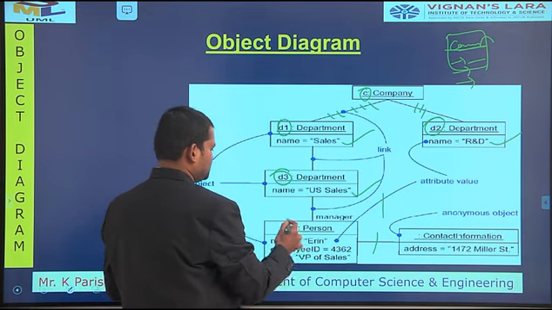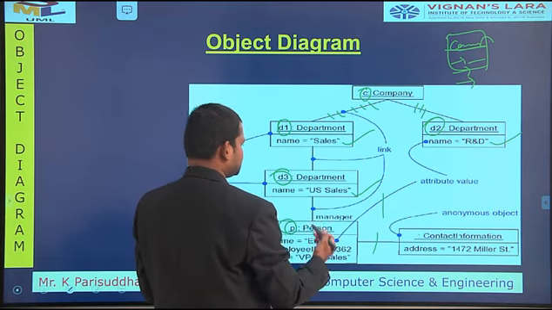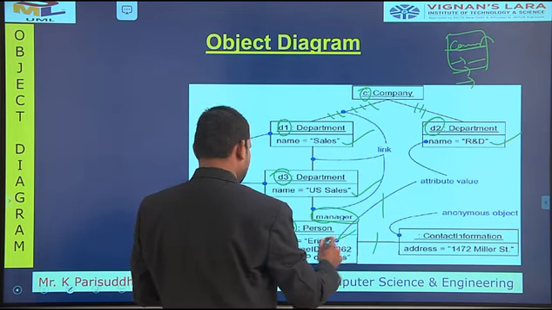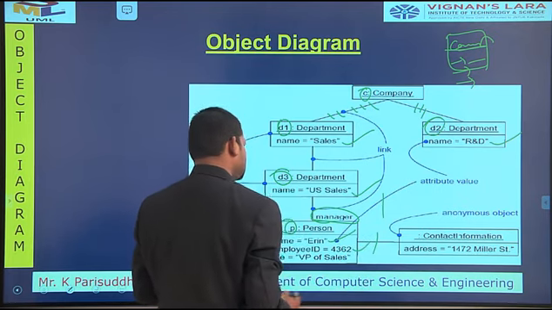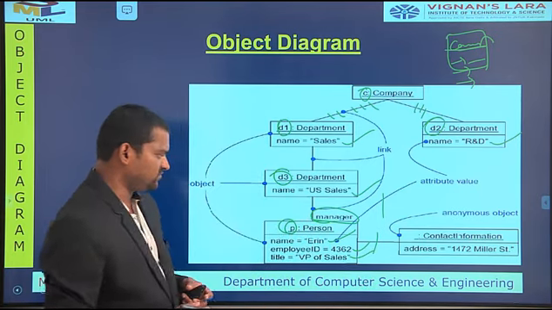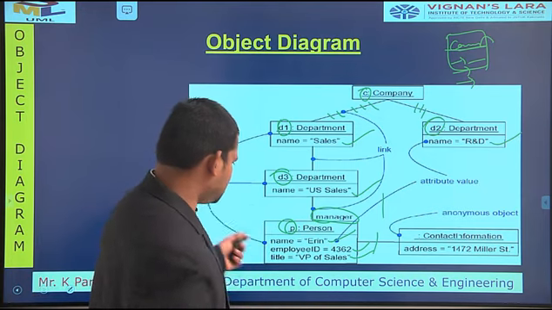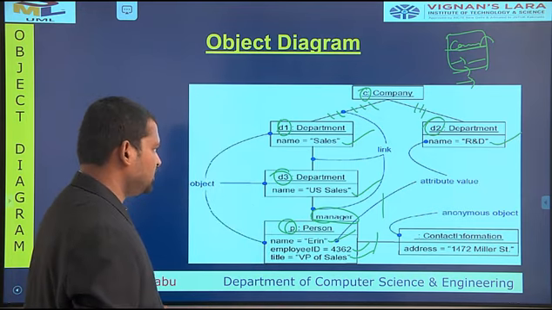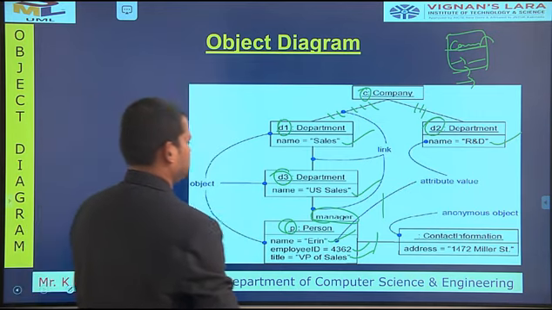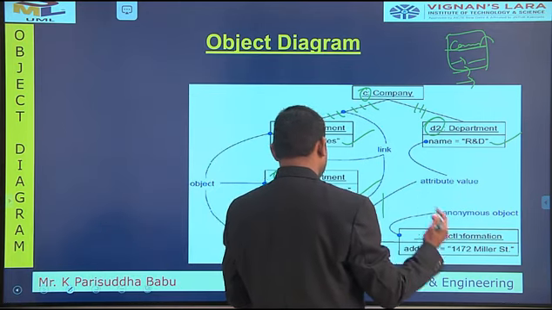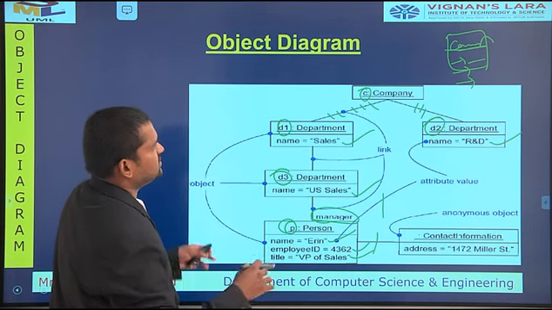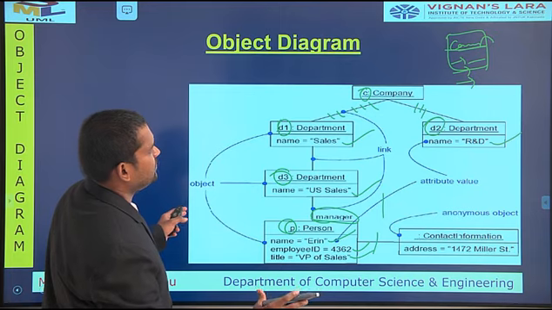P is a person. From a person to department is the manager. That person is a manager. That person's name is Erin, the employee ID is 4362, and the title of the employee is VP of sales. The role of the employee, the person manager, is like this. Contract information is also available, with the link of manager. This is the simple object diagram for a company.